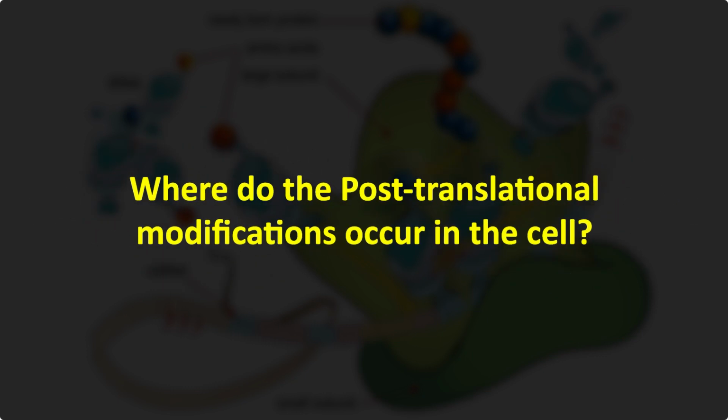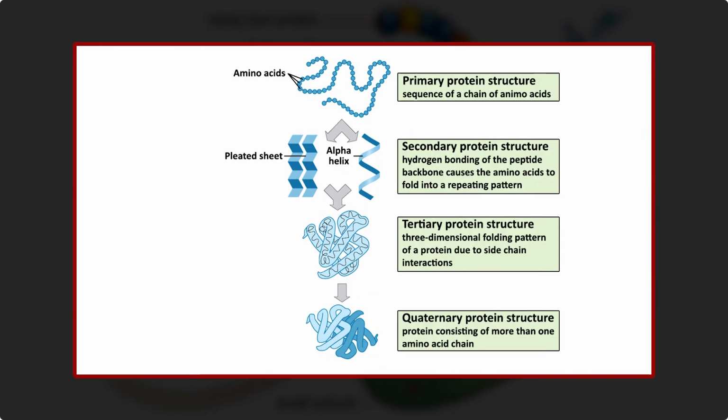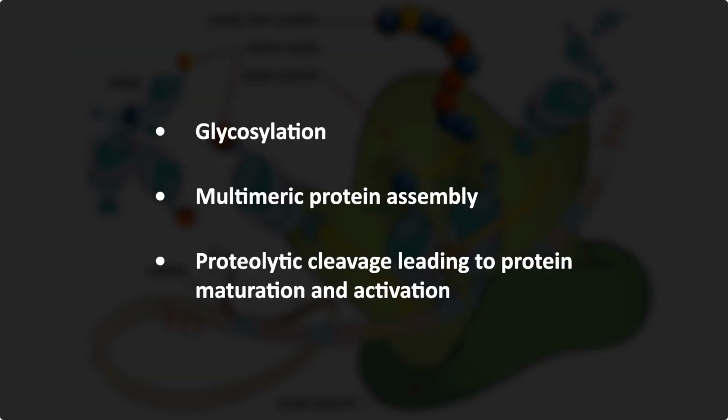Dear students, let's try to understand where the post-translational modifications occur in the cell. Post-translational modifications take place in the endoplasmic reticulum and include folding, glycosylation, multimeric protein assembly, and proteolytic cleavage, leading to protein maturation and activation that take place as soon as the growing peptide emerges in the endoplasmic reticulum and is